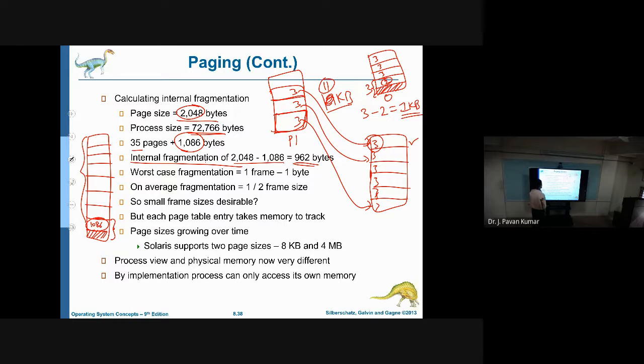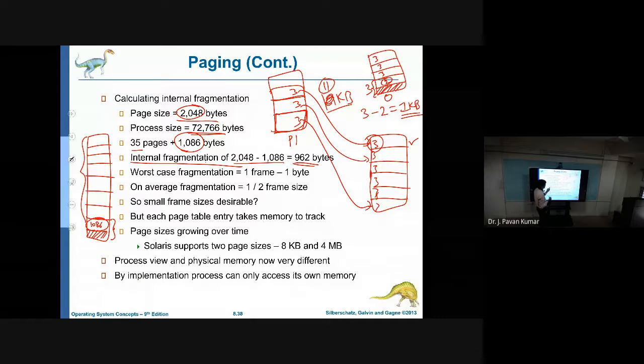So one thing you can consider: instead of considering 2048 bytes, let us consider 1 byte for each page. Then what will happen? The page table size will be increased. Why? Because so many pages will be created. For each page we have to maintain one entry in the page table. So page table size will be increased. That is the disadvantage.